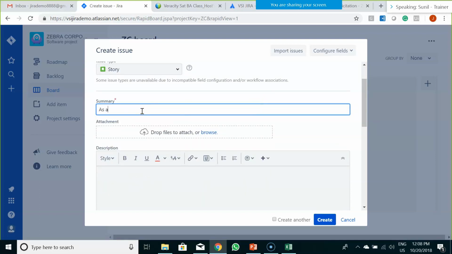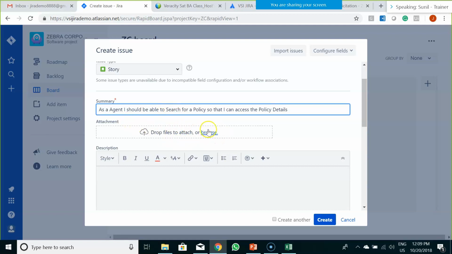Now I write a story: as an agent, I should be able to search for a policy so that I can access the policy detail. So this is my story that I am writing.